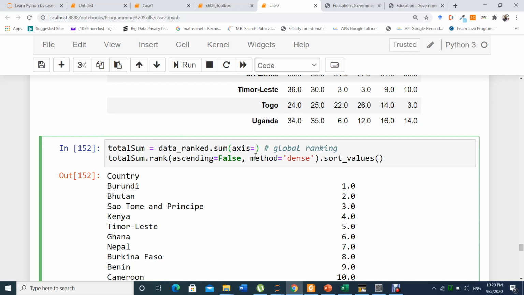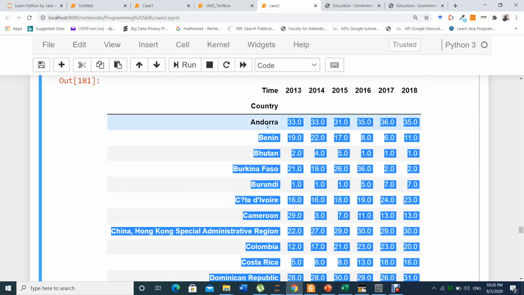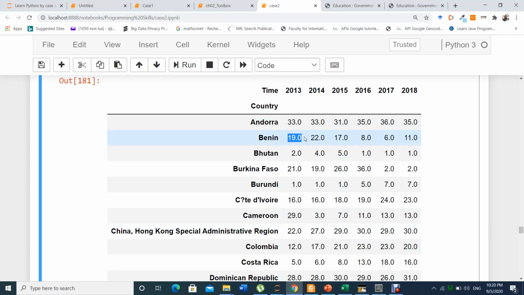But when axis equal to 1, it means that it's going to rank based on the column. For example, with axis 1, it's going to do the summation like this. You make all the sum, this plus this plus this plus this plus this for this quantity. Same thing for the next one.